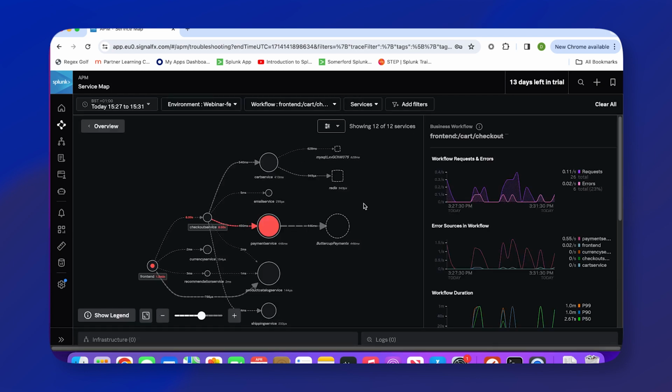As it loads in, wow, at first glance we can see where the problem lies. We can see here the overall workflow for our application. We can see that the payment service node is flashing red. It probably indicates there's a problem going on there. So if we hover over it and click,